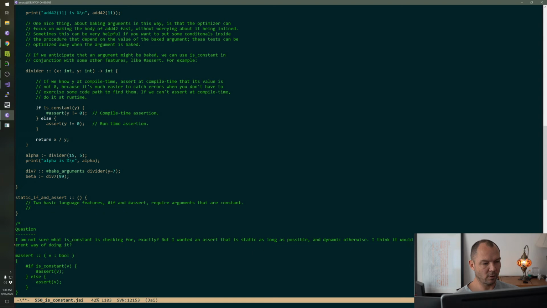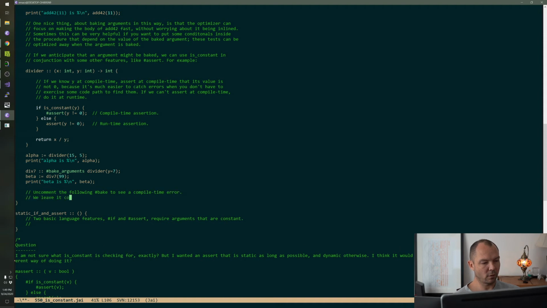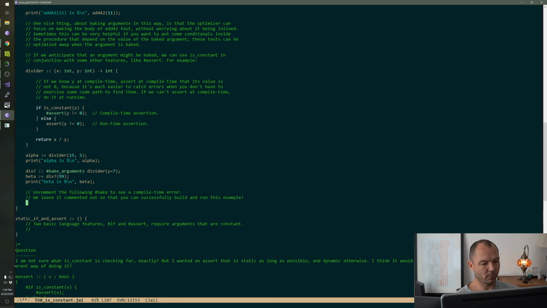So what'll that be? 14, right? Uncomment the following bake to see a compile time error. We leave it commented out so that we can successfully run this example, right?